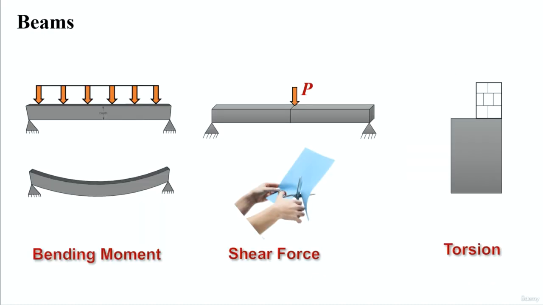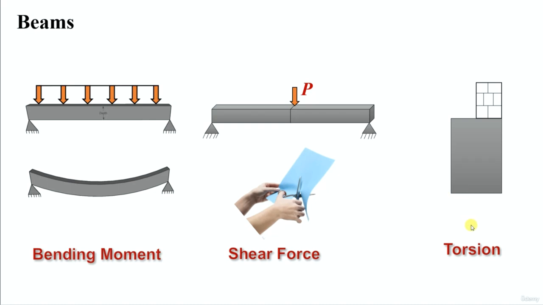When the load is applied on the beam, it tends to deform, and the beam shall have the capacity to resist the deformation under bending moment. Next one is shear force. Shear force is the force that tends to produce a sliding failure on a material along a plane that is parallel to the direction of force. So in order to resist the bending moment, we provide longitudinal reinforcement, and in order to resist the shear force, we provide shear reinforcement. That is provided in the form of stirrups to hold the longitudinal reinforcement as well as to resist the shear force.